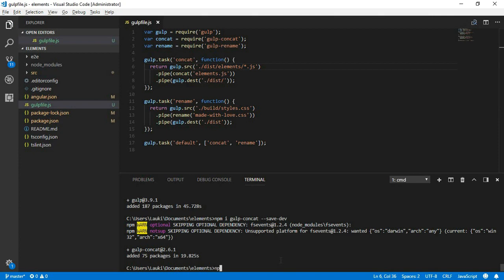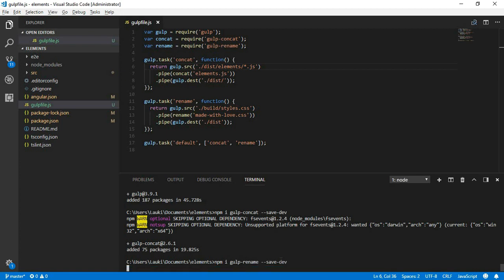And before we jump into the second function, let me quickly install another dependency, which is gulp-rename --save-dev, right? And this is the second task, which is the rename task. So in this rename task, it is again going to do the same thing, but this time